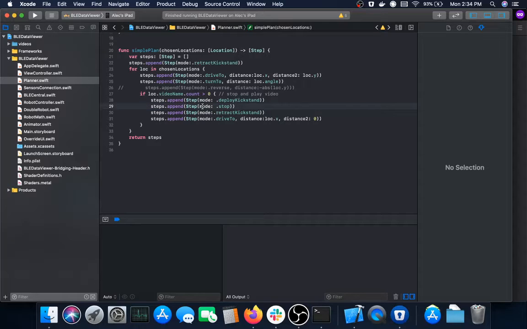And so the other part, when it's in stop mode and you press start again, it will continue on to the next instruction. So after it plays the video, it'll go back to the main screen, but the kickstand is deployed and it won't move. So to make it move again, you press start, and that'll resume onto the next step of retracting the kickstand. And then it will drive to,